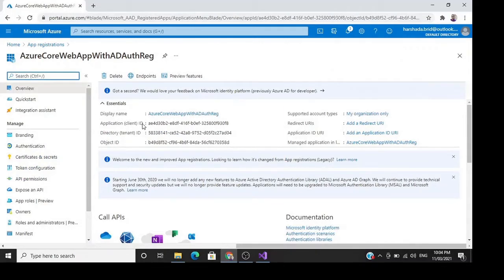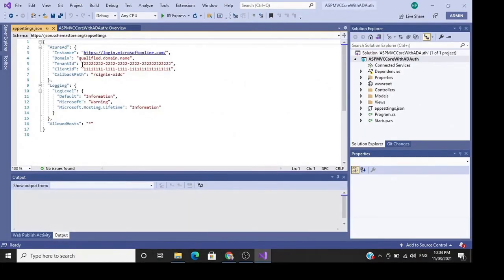So we are done with our registration. We got a client ID and tenant ID, and we will use this client ID in our application. Copy it and paste it over here in the client ID section.